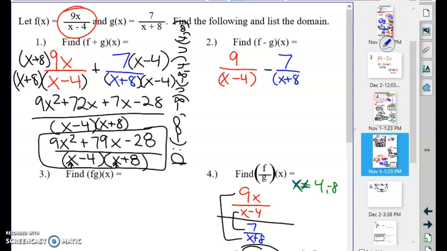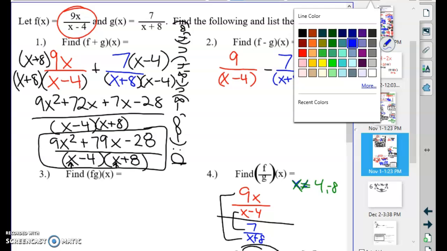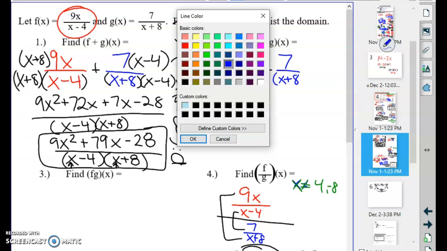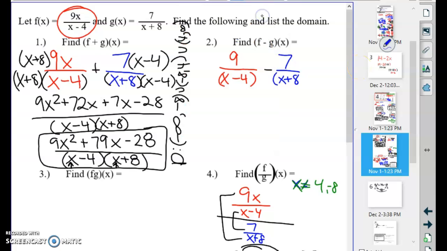The biggest thing that's going to happen, though, that I want to be really careful of, I want like a bright fuchsia. Okay, so on this right here, see this minus sign? I'm going to make that into plus a negative, because you have to distribute that negative sign through, and if you don't make it plus a negative 7 right now, you're not going to remember to do that later. So then, just like I did the last time, I'm going to multiply in the x plus